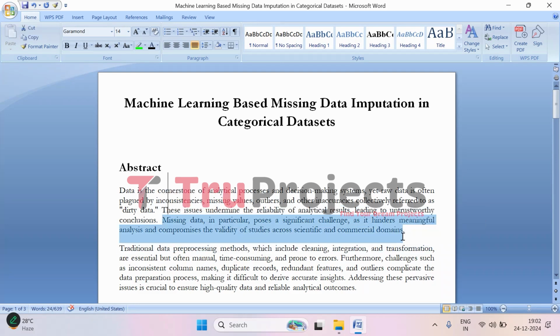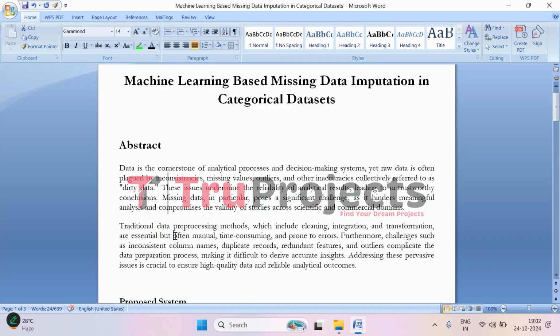This isn't just a technical problem. It affects everything from scientific research to business decisions. If the data is unreliable, then any conclusions or predictions we make from that data are also unreliable. And that can lead to wrong decisions or flawed studies, which is something no one wants, especially when lives or critical resources are involved. Moving on,